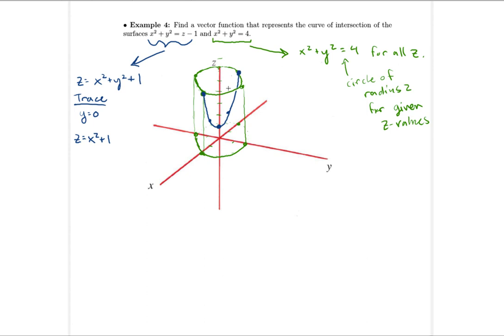That was a bit contrived. But let's go ahead and do the trace for when x equals 0. Then you get the same thing, but it's just y squared plus 1. So now we just go over 1 on the y, up 1. Should be a little bit lower. Over 2 on the y, up 4. And so you get another